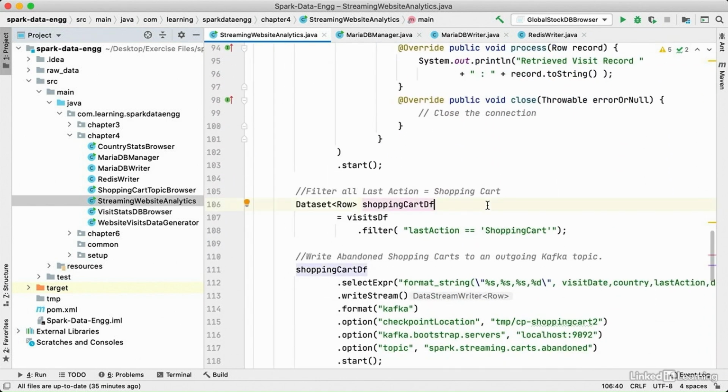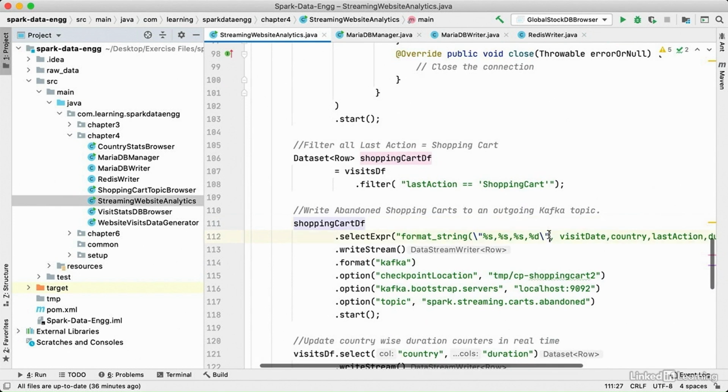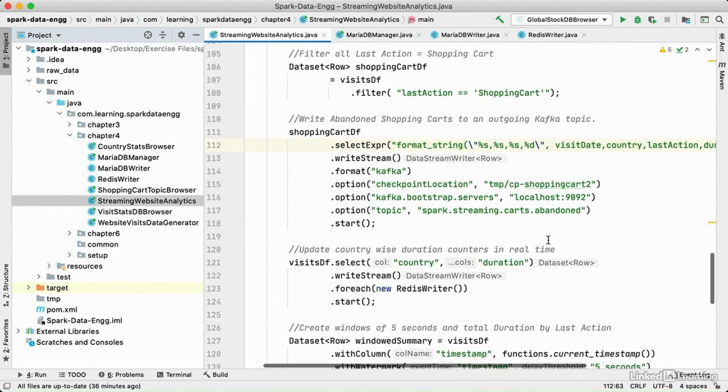The first analysis we perform is to filter for records where the last action is shopping cart. We publish these records to a Kafka topic called spark.streaming.carts.abandoned. Here we first format the record into a CSV and then publish to Kafka. Next, we update Redis to maintain a running counter by country. The Redis writer class